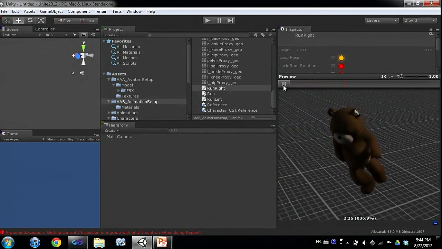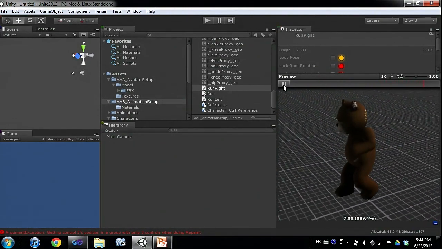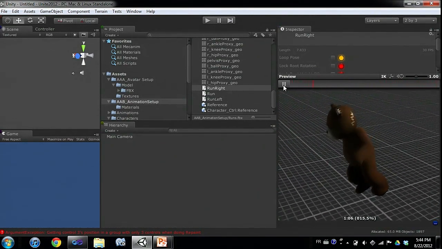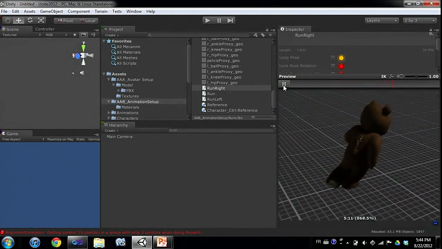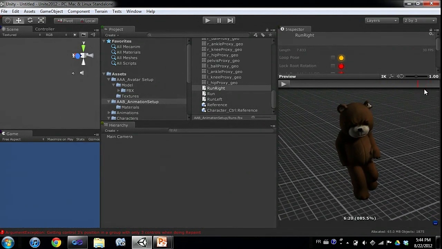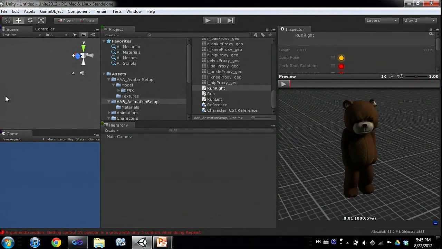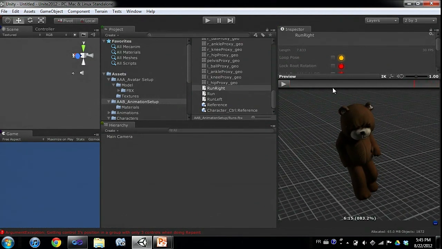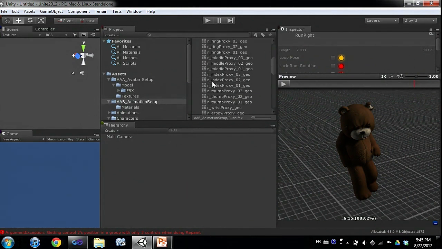So this is a full clip that was captured. Sometimes there are some glitches. It comes from the mocap studio. And we see at the end of it that we have a backward walk. We just have enough to extract a backward walk cycle. So if we go back to the animation tab in the model importer,